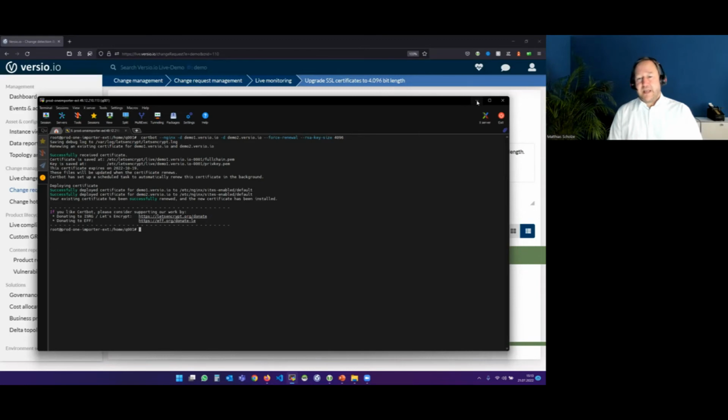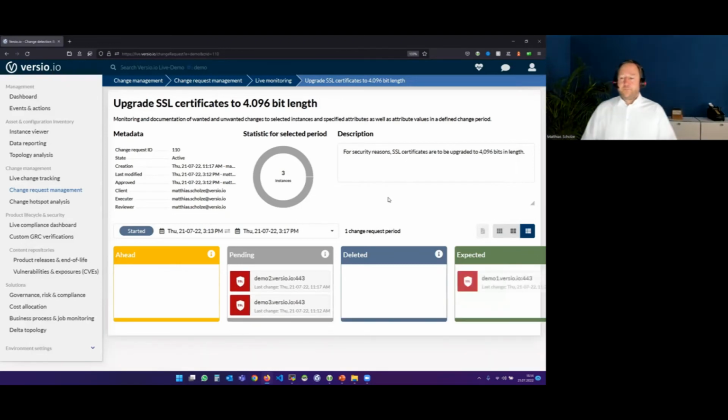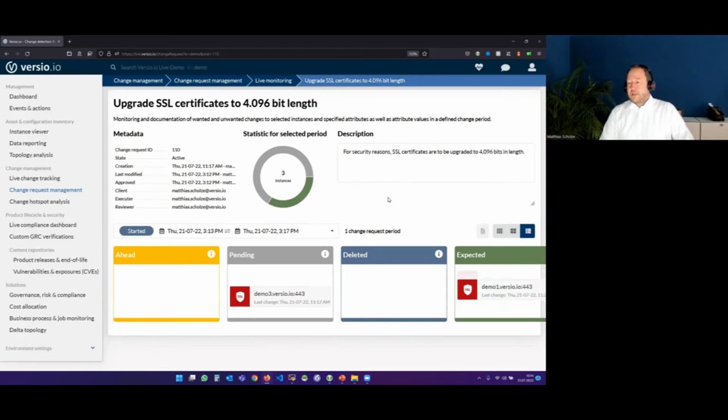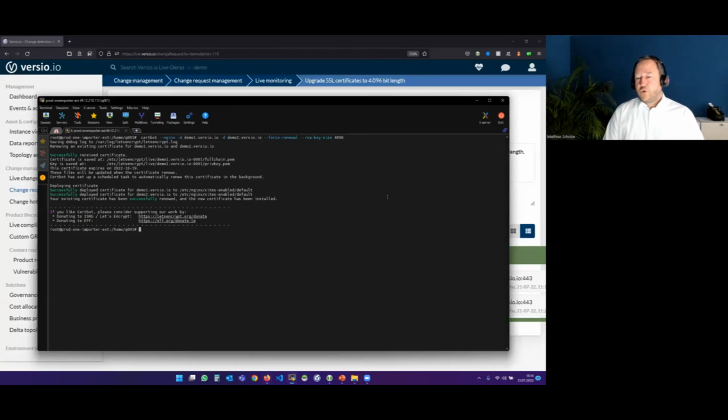And in the best case, we will see in the next minute how the instances change their state from pending to an expected way. You can see the first SSL certificate was imported, the second is imported, and yes, I did forget to import the demo 3 version. That's why we have here a clear